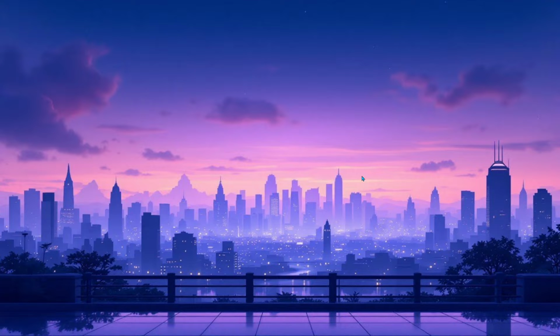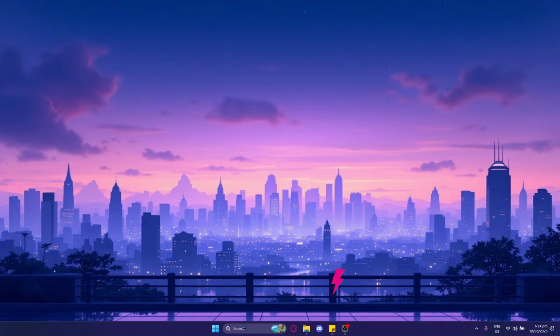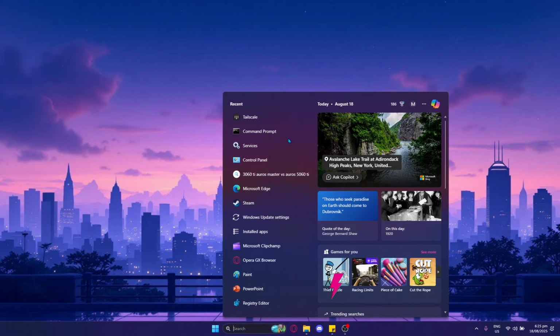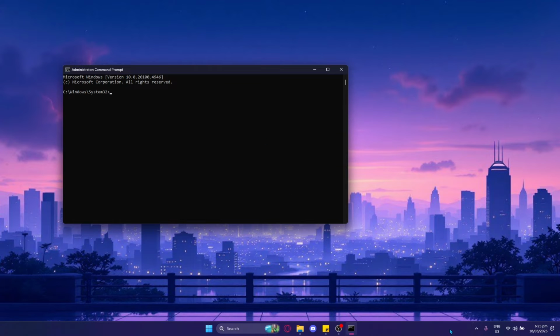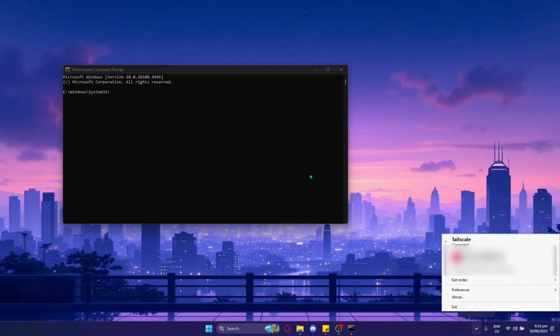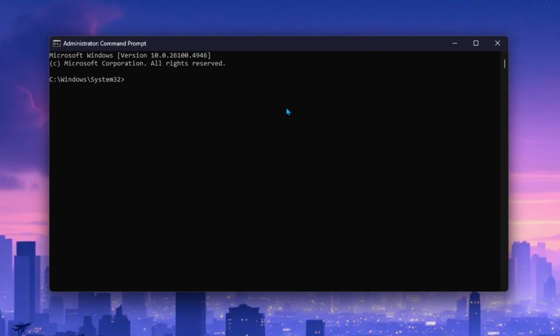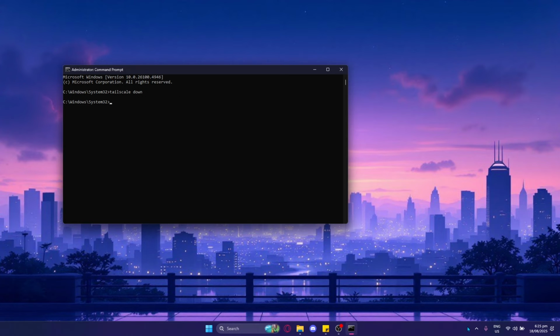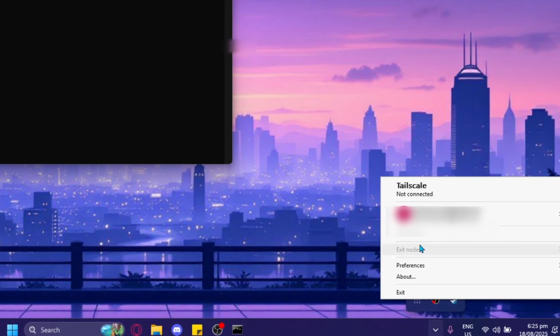If you prefer using the command prompt, go to your search bar, find CMD, and run it as administrator. Now let's check first if Tailscale is running. So there it is. Let's go back to the command prompt and type Tailscale down. Then hit enter. If you go to check Tailscale in the system tray again, you'll find that it's been disconnected